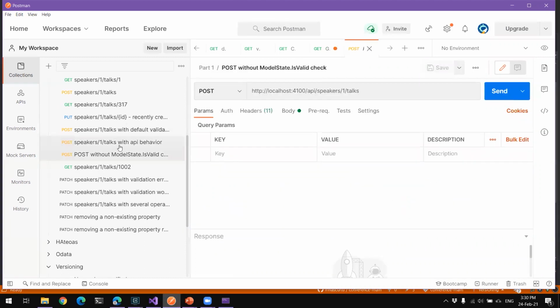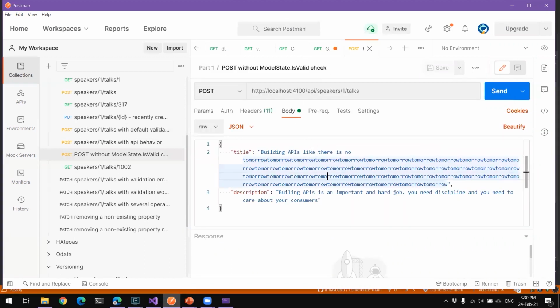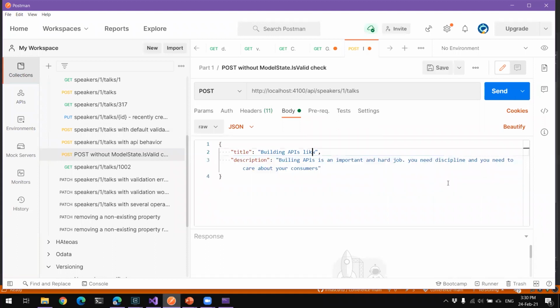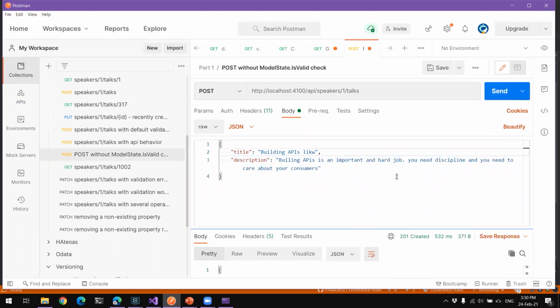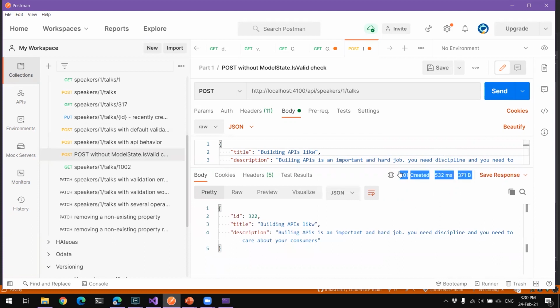Nope. Let me change this. And the response that I get is the 201, not the 200 OK. It's still from the same category. It starts with 2, it's a success status code, but specifically it means that your entity was created.